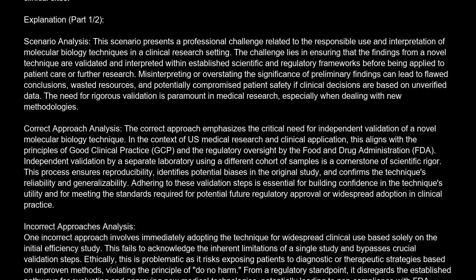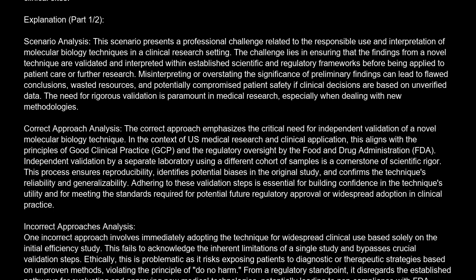Adhering to these validation steps is essential for building confidence in the technique's utility and for meeting the standards required for potential future regulatory approval or widespread adoption in clinical practice. Incorrect approaches analysis. One incorrect approach involves immediately adopting the technique for widespread clinical use based solely on the initial